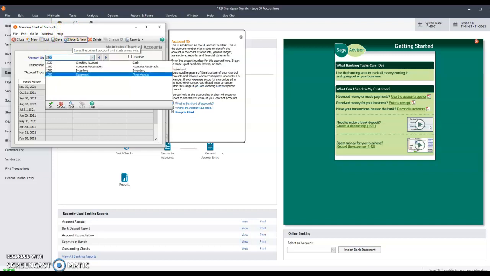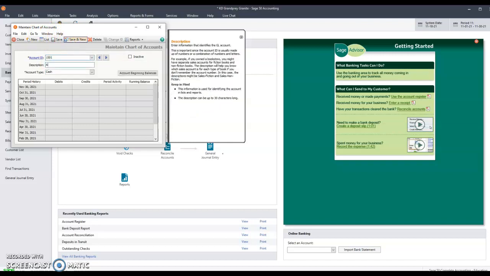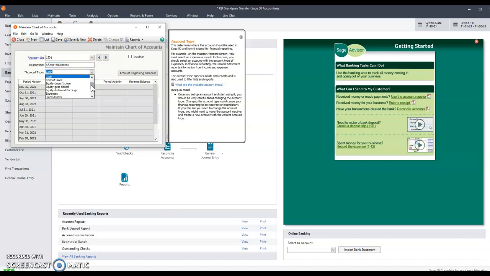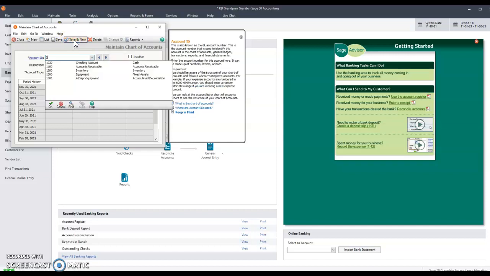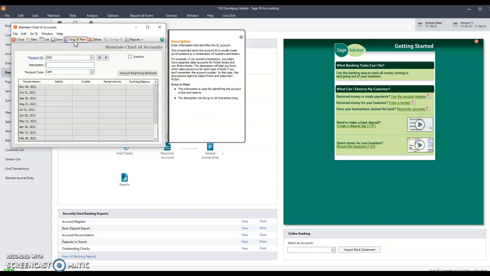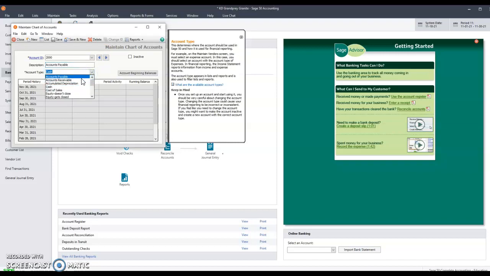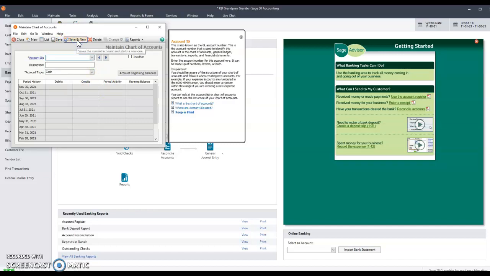Okay, then we have 1,501, and that's accumulated depreciation dash equipment, and that is an accumulated depreciation type, and then we have accounts payable. Has its own type, accounts payable, save and new, and we have 4,000,